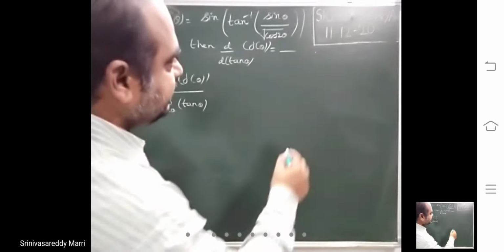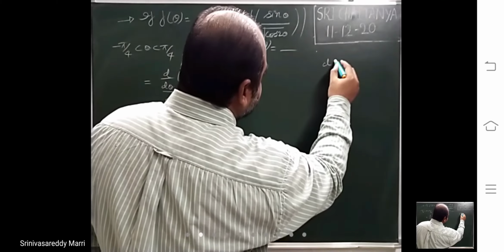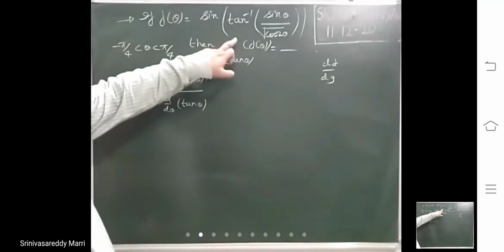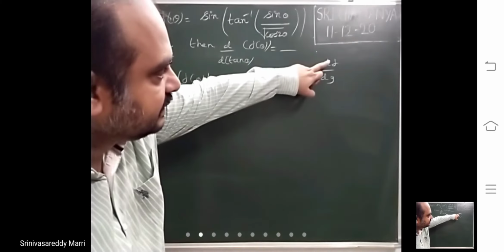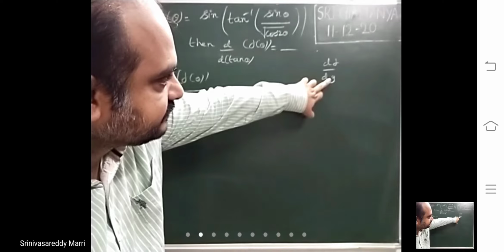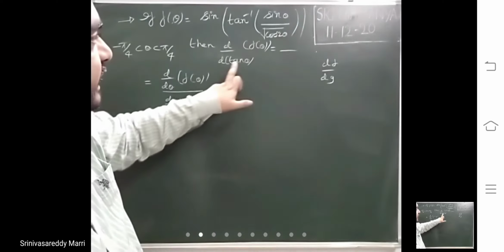Look, actually the meaning is here, this is f now. The denominator you take g, df divided by dg, derivative of f with respect to g, right? f is in terms of theta, g is in terms of theta. That you write it as